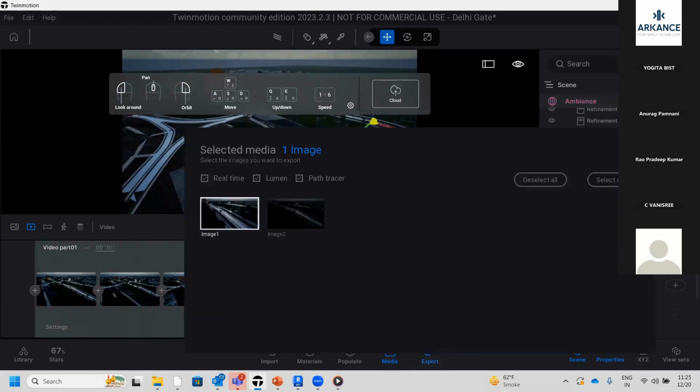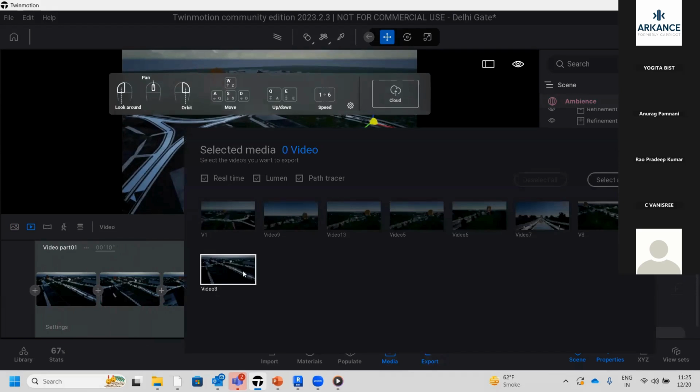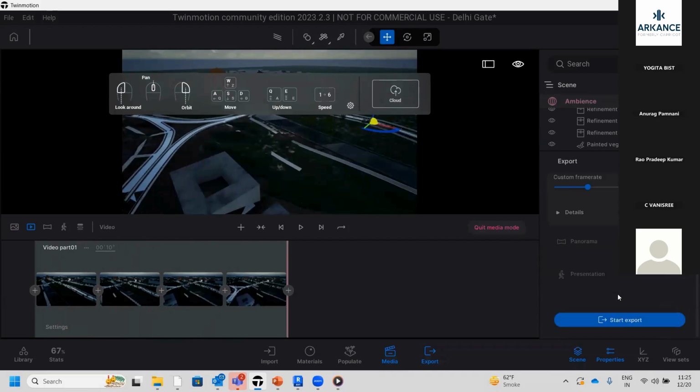and then again going on to export। This time rather than image, I would deselect all the images and I would go on to the video end। और जो भी मेरा latest video था, this one, I can choose this and I can start exporting it। So similarly, as I have exported an image, you will get a video out of it। So this is how this entire platform has capabilities for the visualization, simple tools to use, and quite an interactive interface to work with। So this is it from my end। If you have any questions, please feel free to ask।